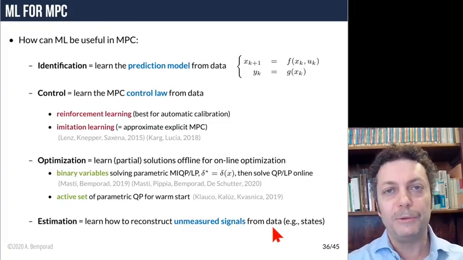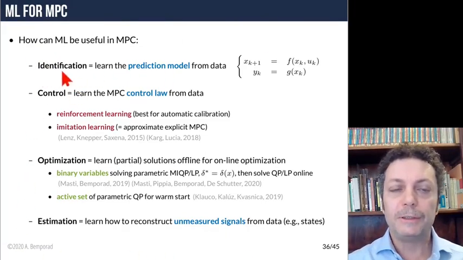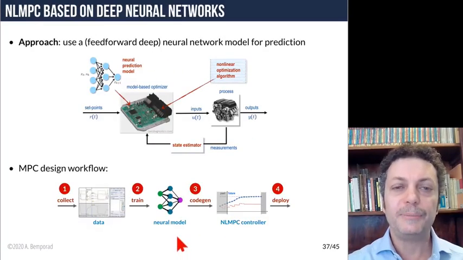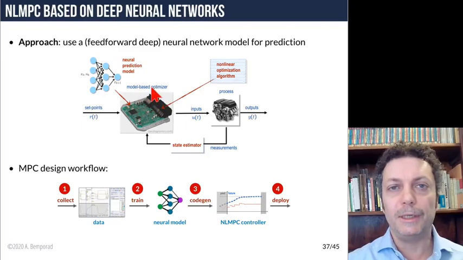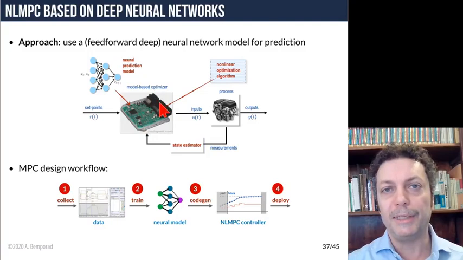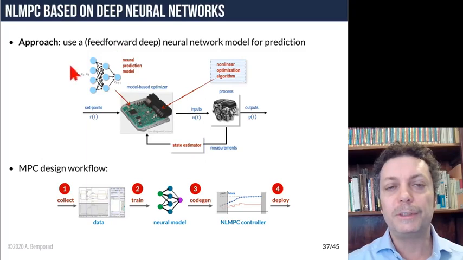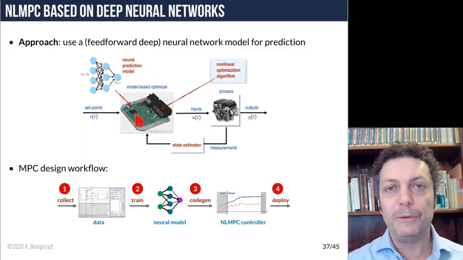Now, what can machine learning do for MPC? Well, it can help in many respects. I want to focus on the first, so how we can use machine learning to get prediction models from data. And the approach is quite intuitive. So here, instead of using a physics-based model or a black box model obtained by fitting different linear prediction models to data, we want to use a neural network to make predictions over a horizon. If we use a neural network, it will be a nonlinear system, so we have to deal with a nonlinear